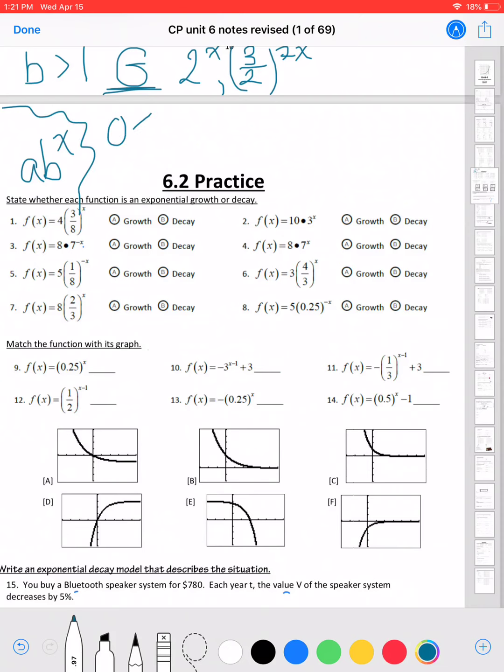If the base is a fraction or decimal between 0 and 1, it's exponential decay, such as 3 over 4